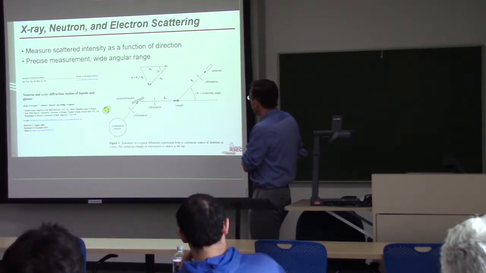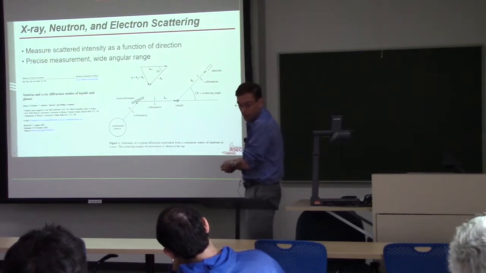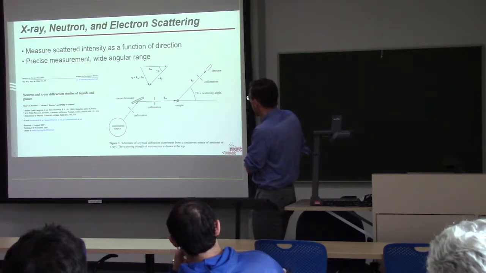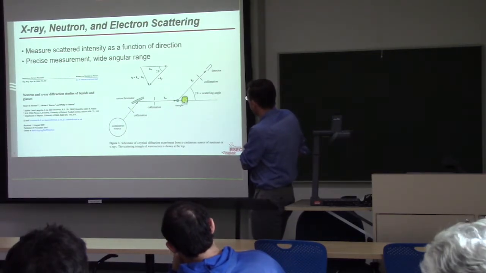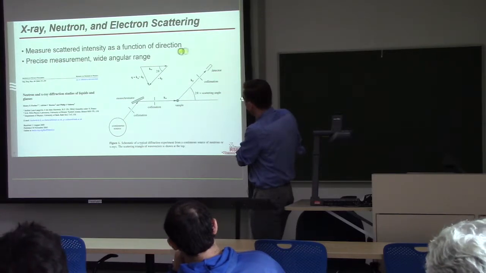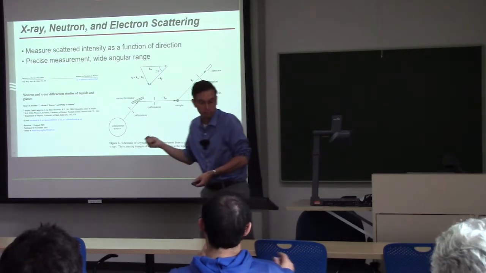So what we want to do, if you're doing a scattering experiment, you can imagine that this is an electron microscope or a neutron reactor or a neutron spallation source or a synchrotron or an X-ray tube source. All sorts of things could be down here in this continuous source. Then there's a sample here that this beam of particles strikes, and then you quantitatively measure the number of particles that make it to this detector that are scattered through this angle 2 theta. And then you sweep that angle and you map out that intensity as a function of the angle.